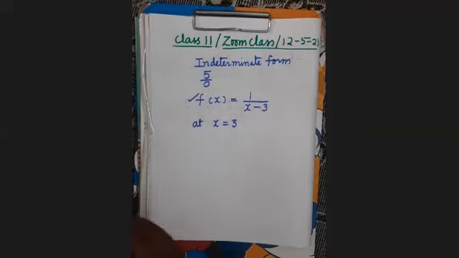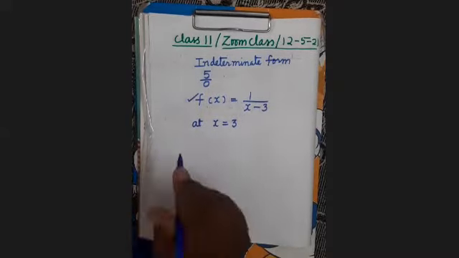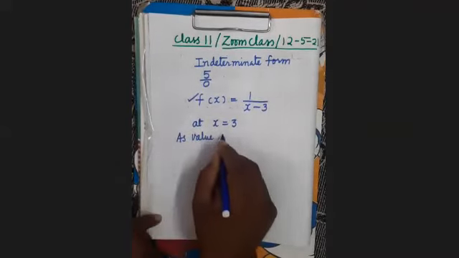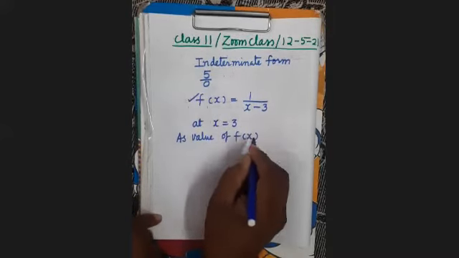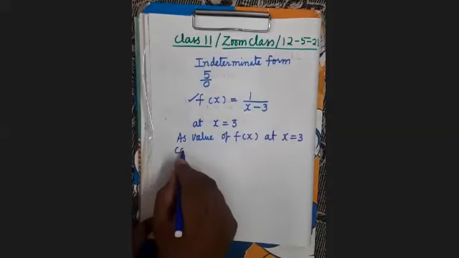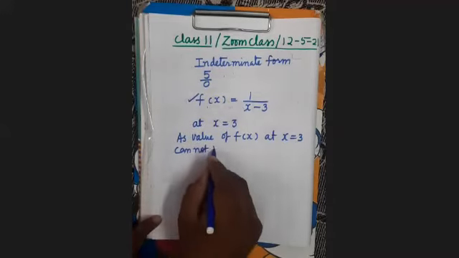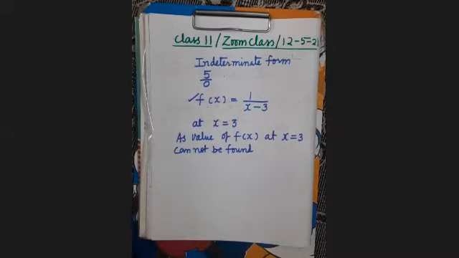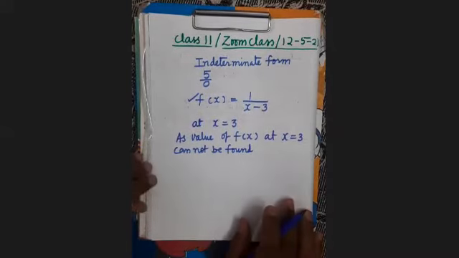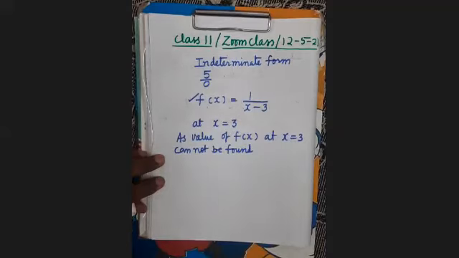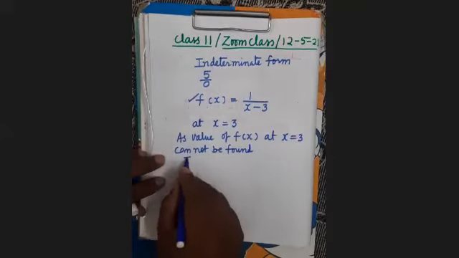Means when we determine the value of f(x), we will find that the value of f(x) at x equals 3 cannot be found, because when you substitute x equals 3, it becomes indeterminable. It's clear. So we will determine its value as x is tending to 3. X is tending to 3 means x is close to 3. It's clear. In such cases,